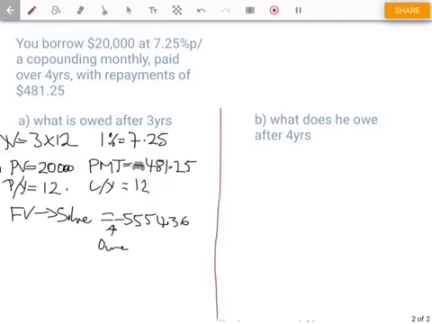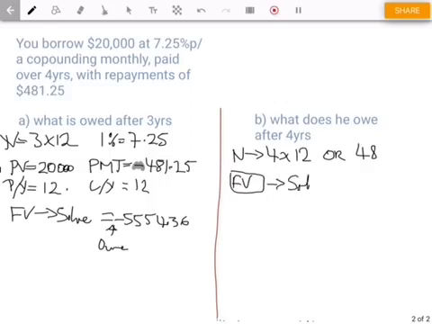Okay. Next up, what does he owe after 4 years? So to do that, after 4 years, we want to change N. I'm going to change that to 4 by 12. Or if you can do your multiplication in your head, you should know that 4 12s are 48. Okay. Then we want to solve for the final value, so click on that final value, click on solve,